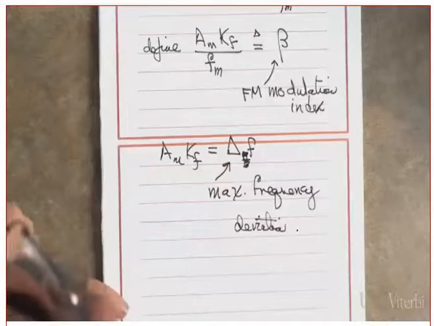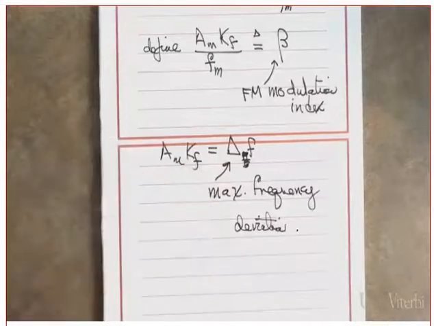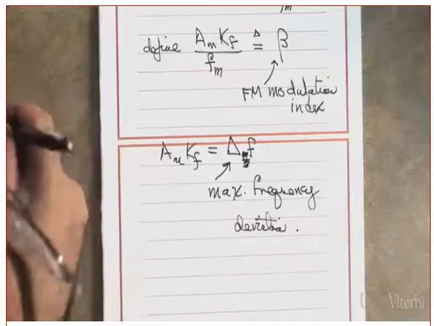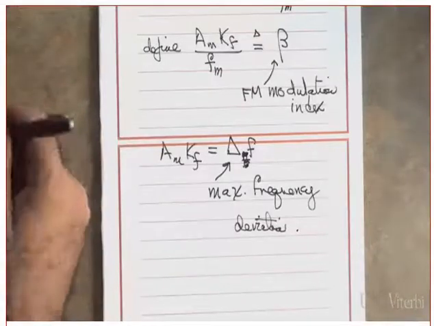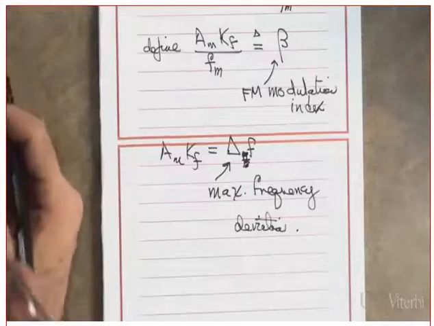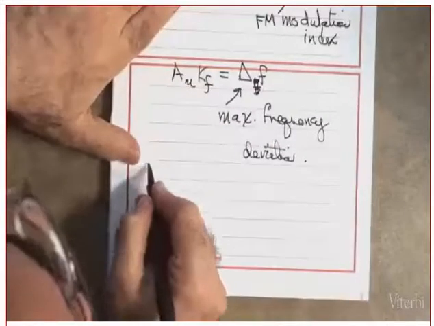Deviation. Deviation from what? From the carrier. Remember, we are modulating the what? The frequency. So the frequency of the carrier is going to change. Are you following me or not? Yes or no? Okay. So for example,